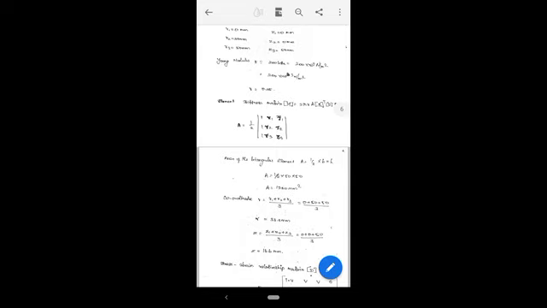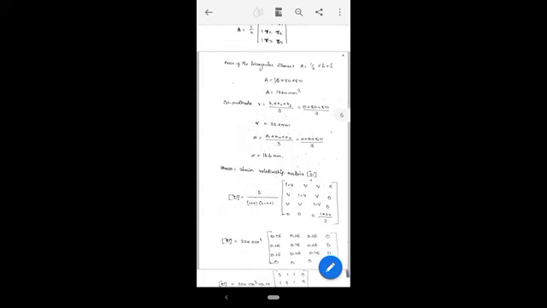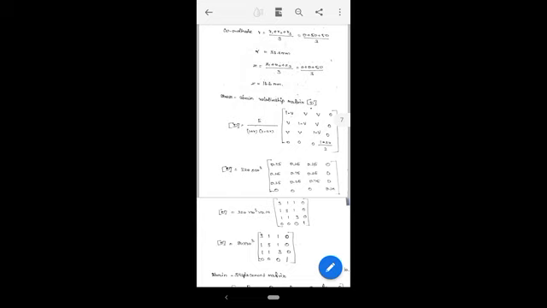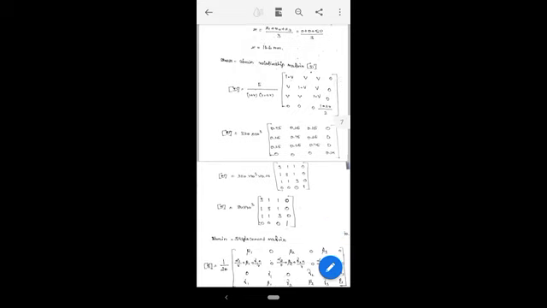After that you can write the equation and find the A value, the area of the triangle. Whether you use the matrix or the general formula, there is no problem, whichever you are familiar with; you can apply it and solve. After that we find the R and Z coordinates. First we find the stress strain relationship matrix, which is called the D matrix. Write the formula and substitute the values.